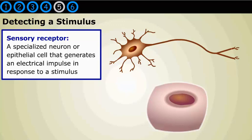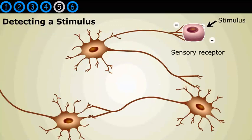A sensory receptor is a neuron or epithelial cell that generates an electrical impulse in response to a sensory stimulus. When appropriately stimulated, ion channels within the sensory receptor cell's membrane become altered. That changes the flow of ions across the membrane, and therefore the membrane's electrical potential. The resulting impulse is transmitted from the sensory receptor to the neuron it contacts,